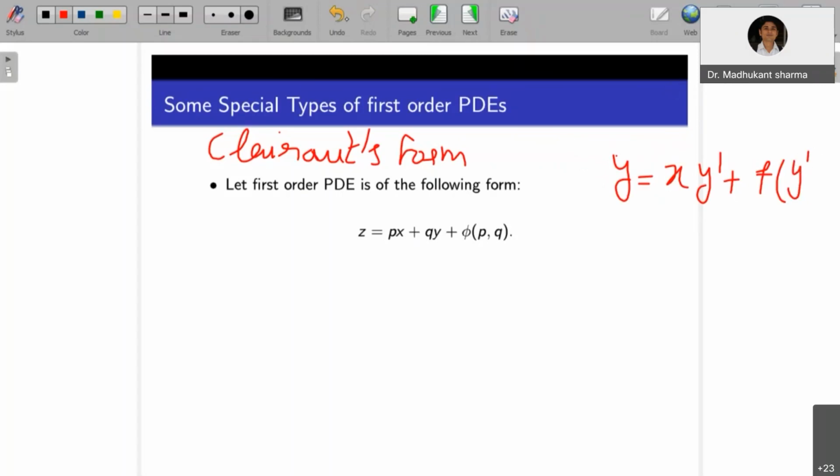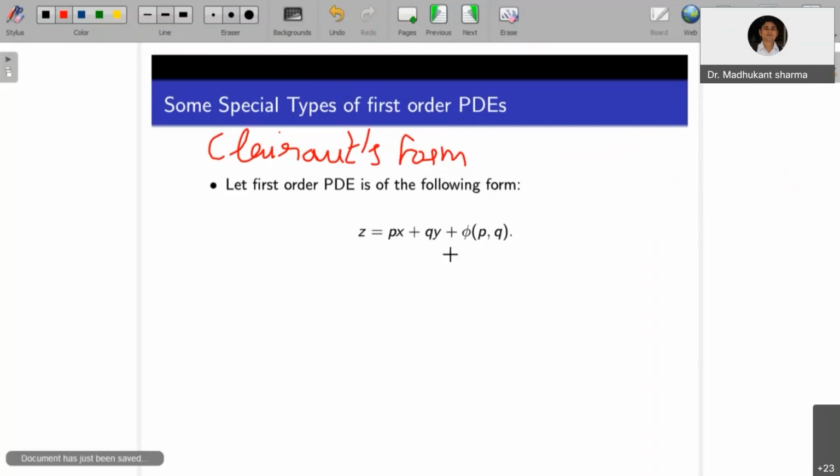I will let you know in the next class. This is called Clairaut's form in the first order PDEs,